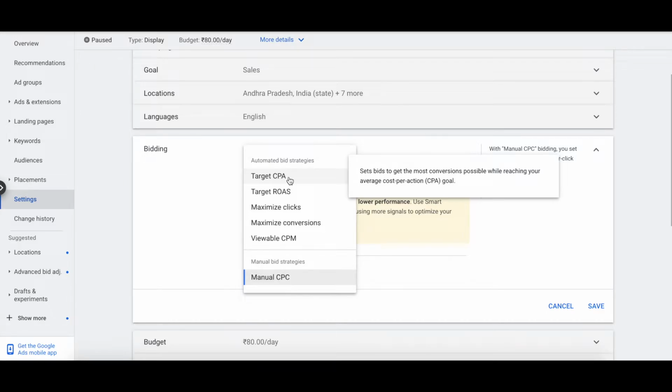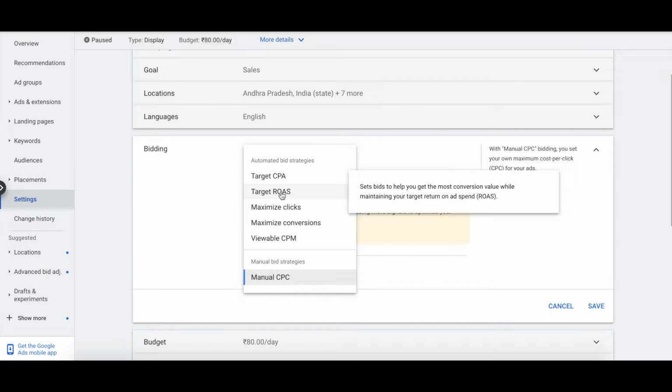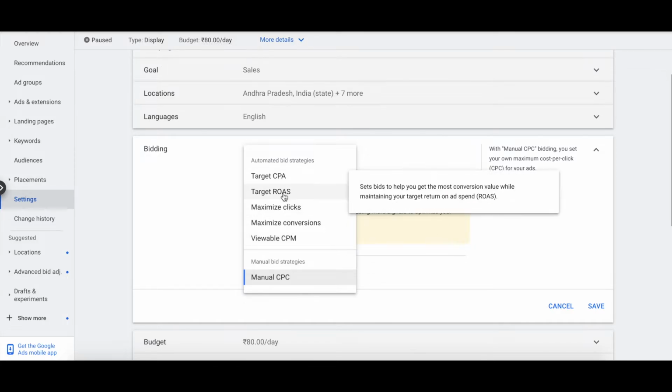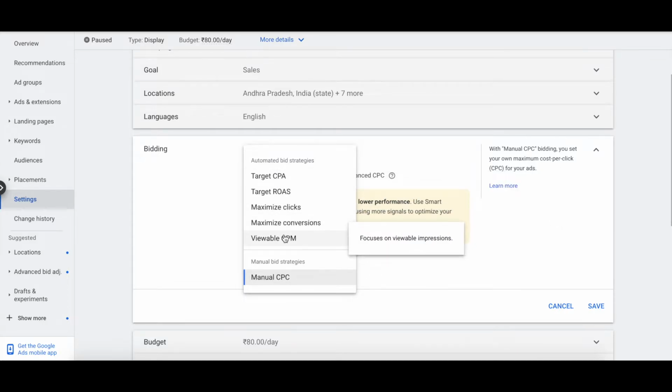So there is target CPA, then ROAS, then maximize clicks, then maximize conversions, then viewable CPM. These are automated categories where Google will try to optimize your ad based on your criteria, but the triggering of the ad will be delayed if you select automated bidding.